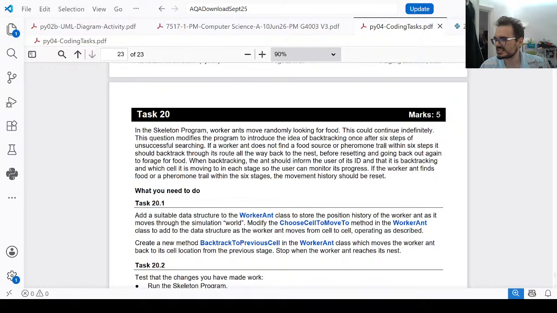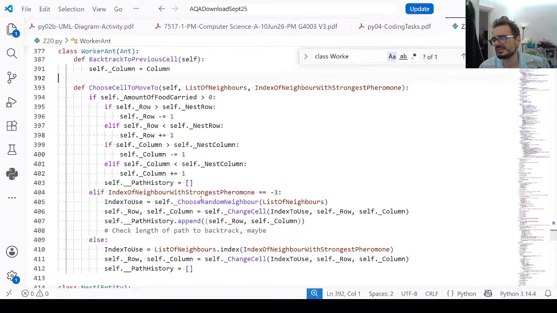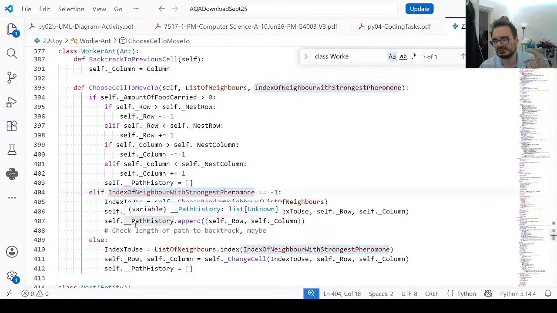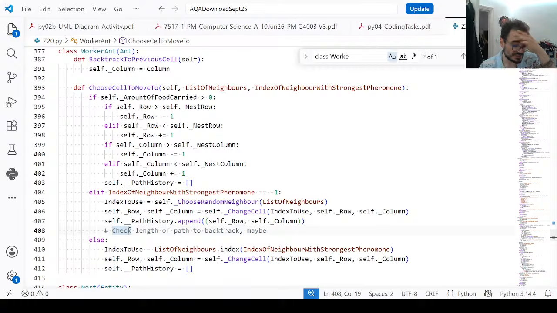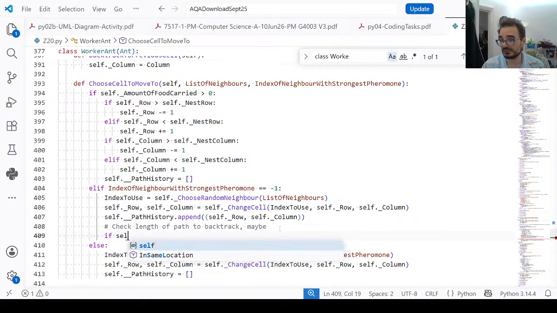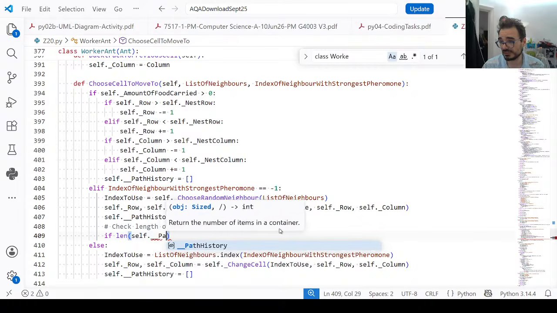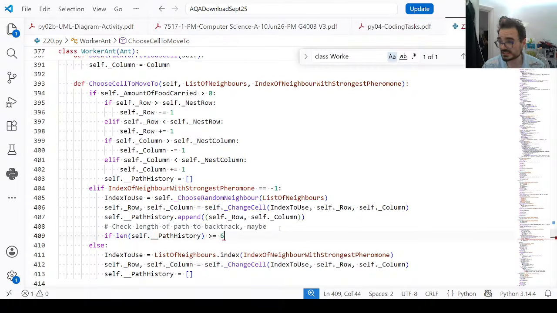Within 6 steps of what? Well, I guess of looking, because they start from the nest. There's no pheromone, so they move once, and that puts the path history at length 1. So if I test it for 6, once it does the 6th random move without finding food or pheromone, then, okay: if the length of self dot path history is larger or equal to 6, then